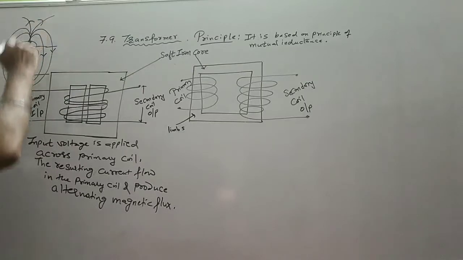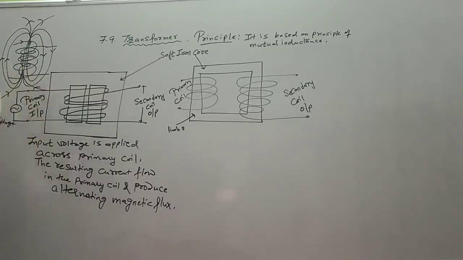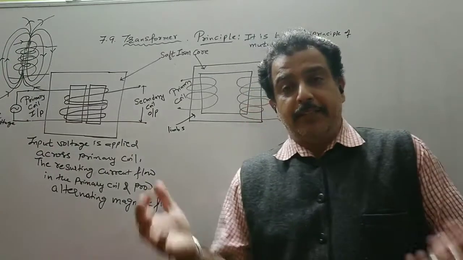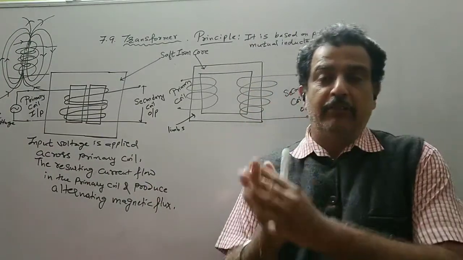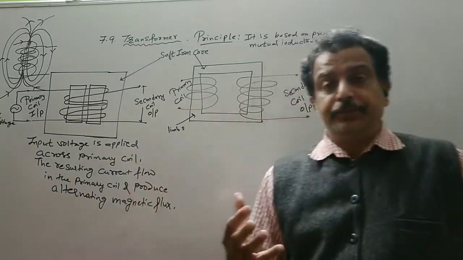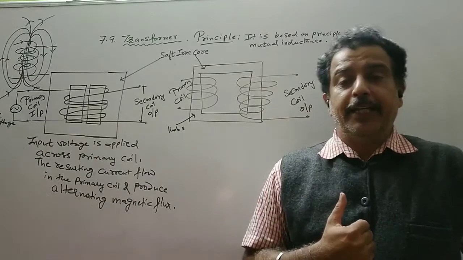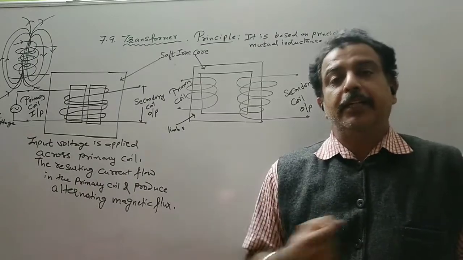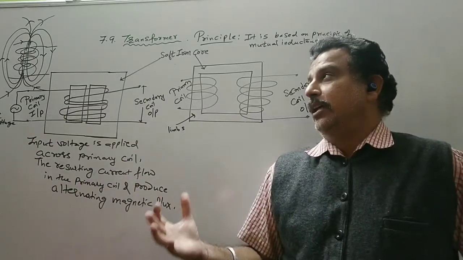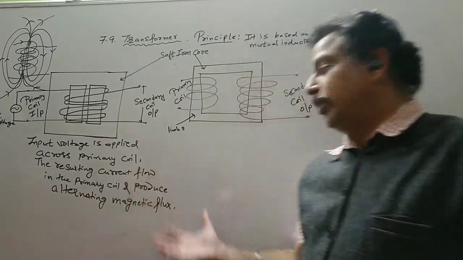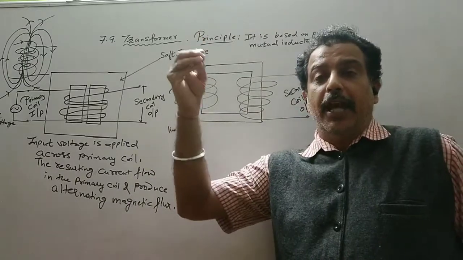So this is the direction of the magnetic field lines. Now since the current is AC, the magnetic flux is alternating, meaning as the current rises, the magnetic field will also rise. The magnetic field will be produced in the primary coil and the magnetic flux will increase, because we know that phi is equal to BA cos theta. Here theta is 0, so we have BA. Now B is mu naught N i, but i is alternating, so the magnetic flux is also alternating. It keeps on increasing and decreasing.